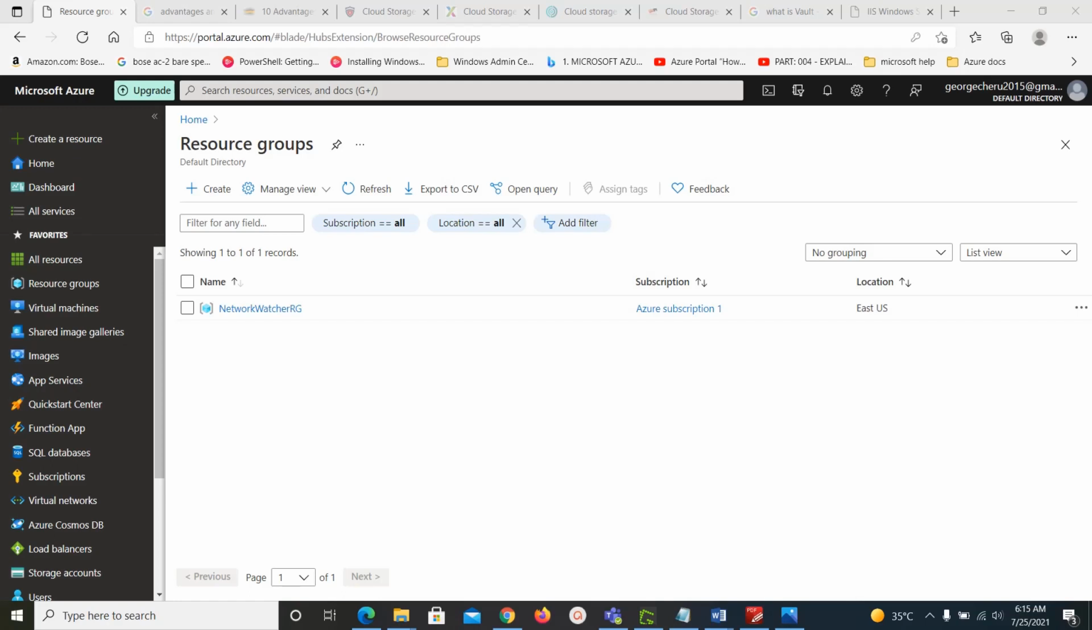In today's session, we will see how to increase an OS disk in a VM, how to add an additional data disk to an existing VM, how to take a snapshot of a data disk, and how to create a disk using a snapshot. So let's start with